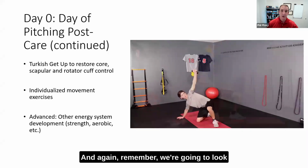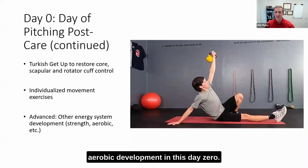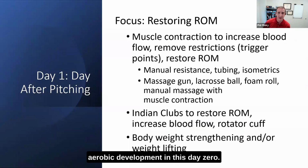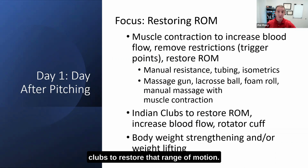And again, remember, we're going to look at advanced other energy system development, strength, aerobic development in this day 0. Now let's move on to day 1. This is the day after pitching. We're going to continue with our tissue recovery techniques and our Indian clubs to restore that range of